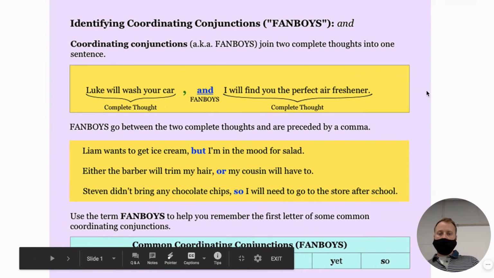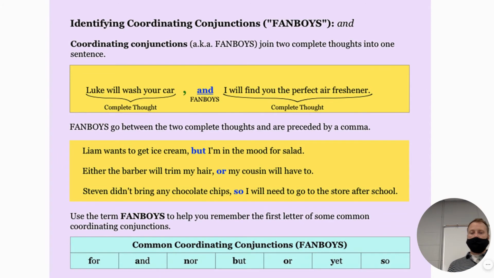The easy way to remember this is to look down at FANBOYS: for, and, nor, but, or, yet, so. And Miss Stockdale told me that she worked with a teacher who said it like a march. For, and, nor, but, or, yet, so. Those are fanboys. Here we go. I don't know if that's the same, but let's try that. Is that pretty close? Close enough. See? Stockdale's helping me out. For, and, nor, but, or, yet, so. These are fanboys. That's a good memorization technique to try, okay? Those are going to be our conjunctions.